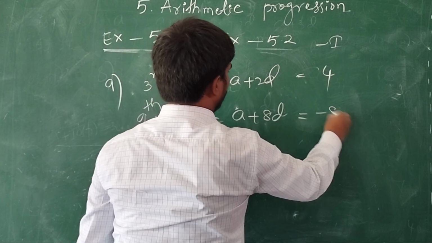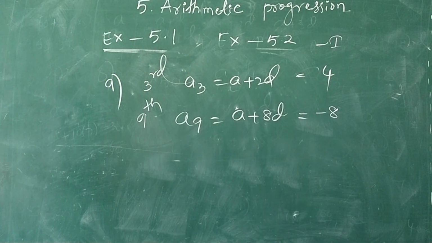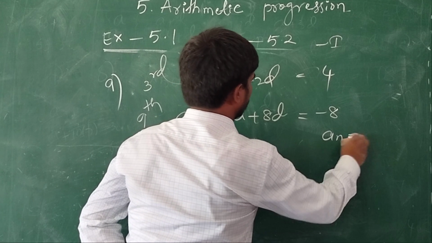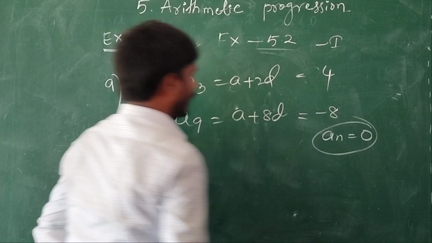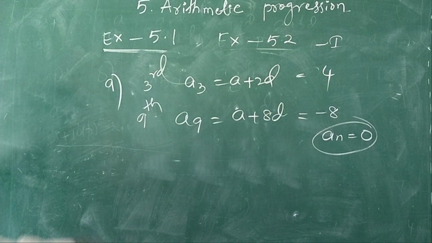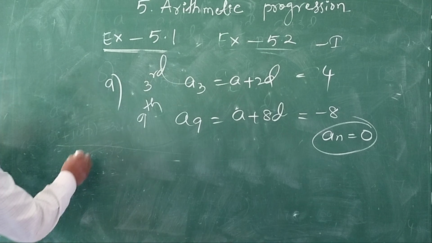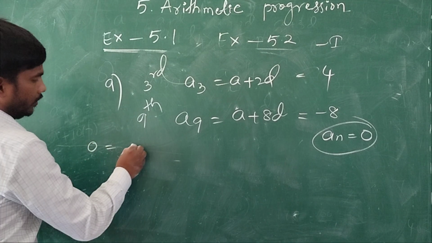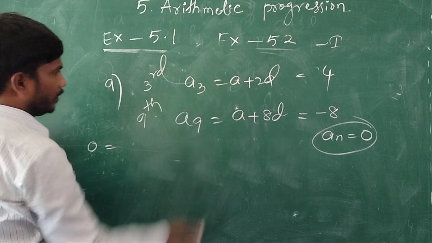A9 is equal to minus 8, given. Then which term of this AP is 0? So here consider AN is equal to 0. When that AN is 0, what is the number of that term? So here take the AN value as 0. Next, the A value. First, from these two, find the